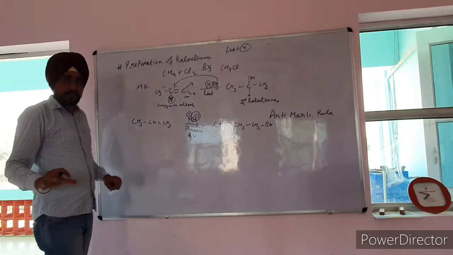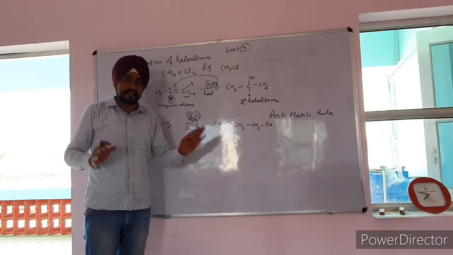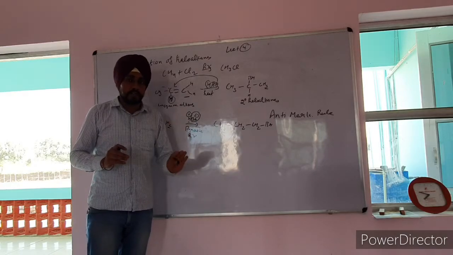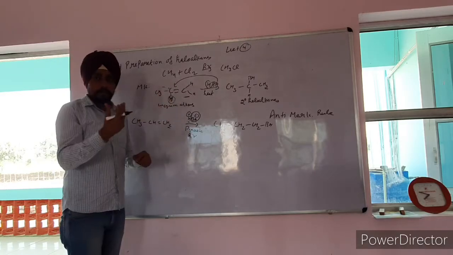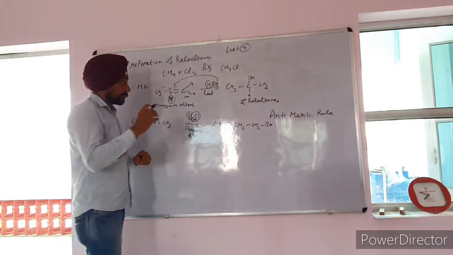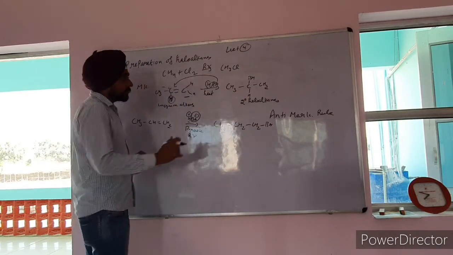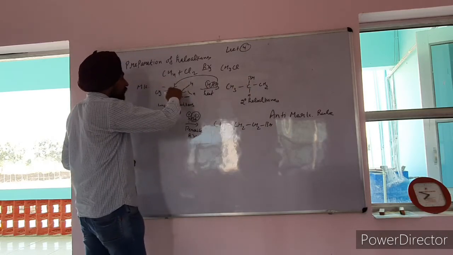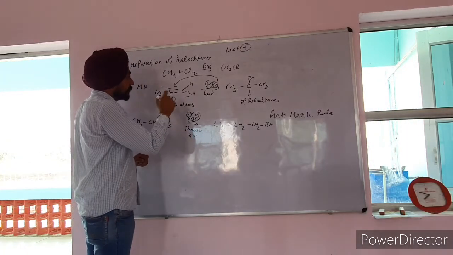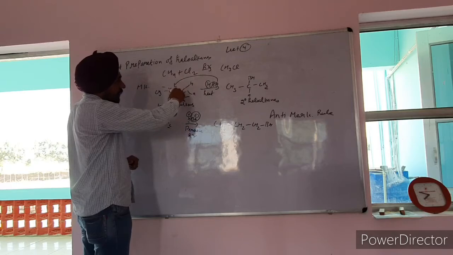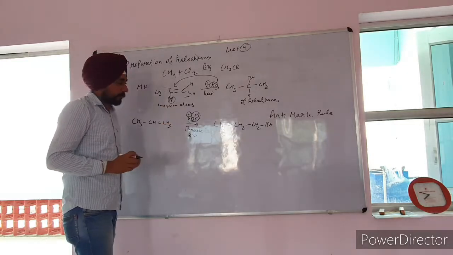Okay, in the last class I told you there is no such Markovnikov rule as such. There is just the stability of carbocation. We go through the point where we deal with the stability of carbocation. We make the stable carbocation. That's why there is formation of secondary haloalkane. Because alkenes give electrophilic addition reaction. First the electrophile is added, and that's why the positive charge is created on the other carbon atom.